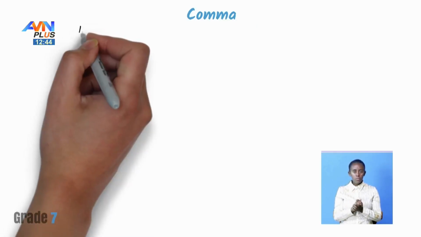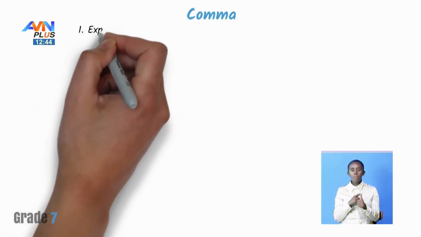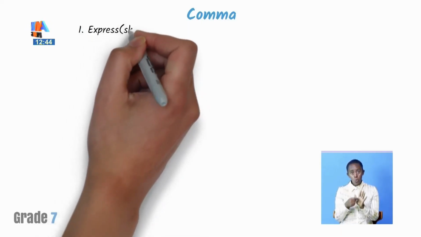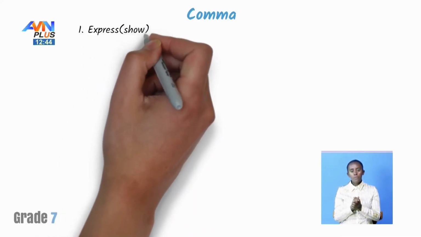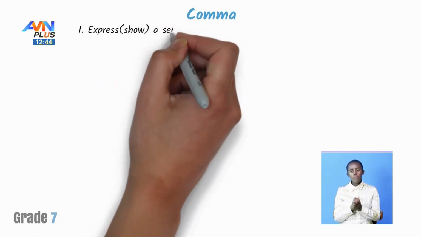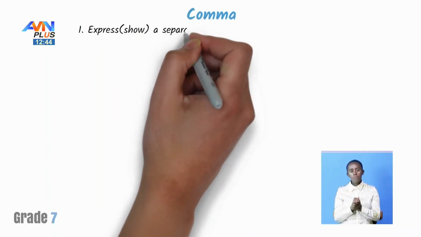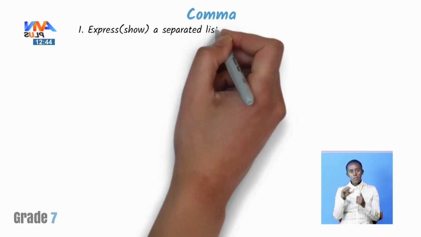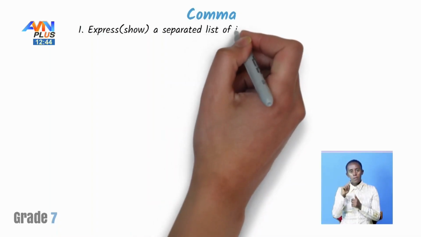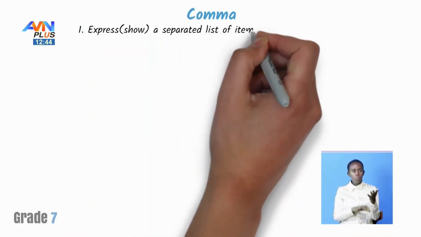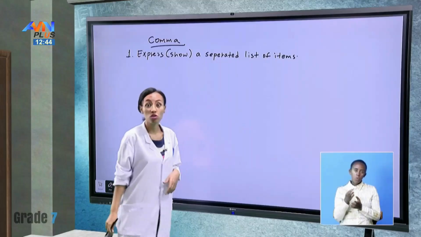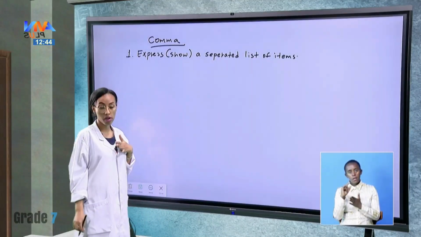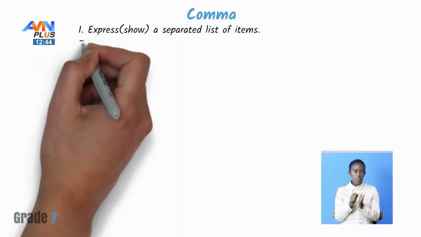The first one is to show a separated list of items. We use it to separate a list of items, okay? For example,